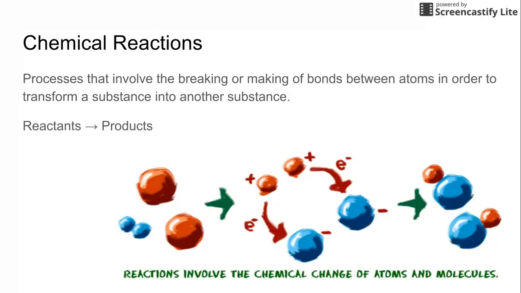So chemical reactions are just a process that involves the breaking or making of bonds between atoms in order to transform a substance into another substance. So like we said, we have the reactants and then we have the products. So you'll notice that on your